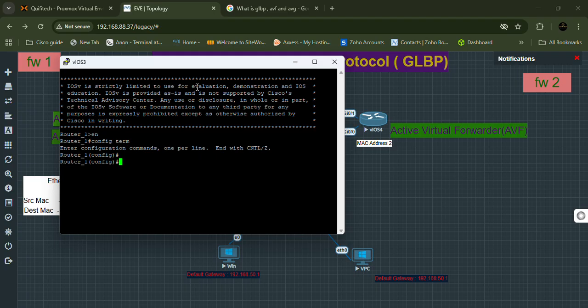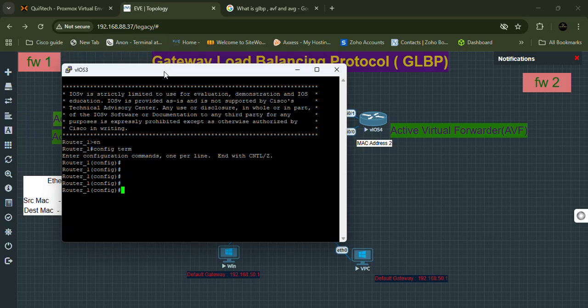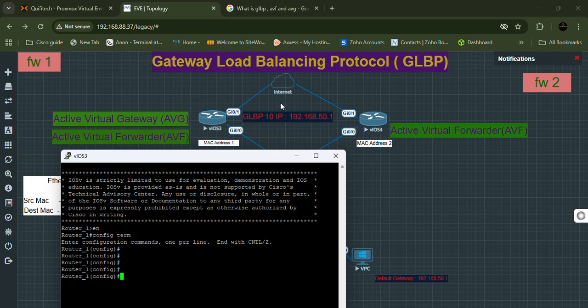Now that we are in global config mode, we can push the configuration to the router. In this case, let me put this down so we can see which interface I'm trying to configure. I'm trying to configure this interface with DHCP. First thing first, I'll select the interface, which is interface gigabit 0/1, and then I will tell the